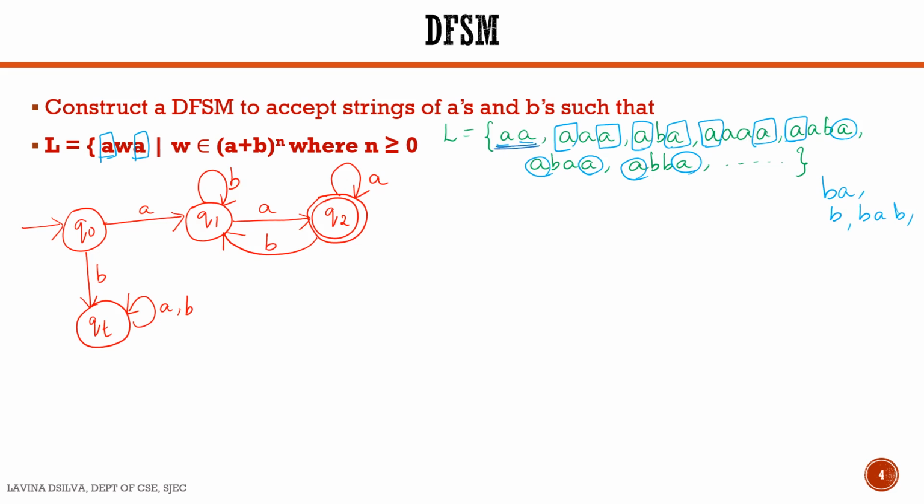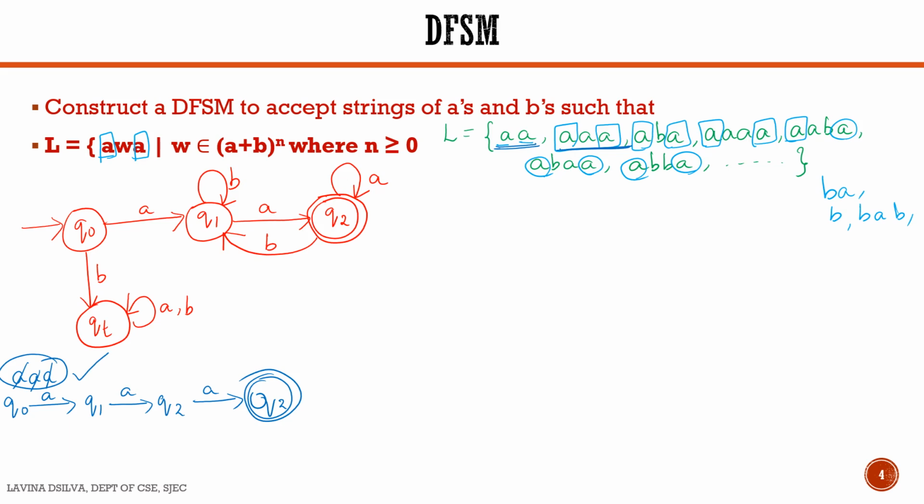So this is done. We shall take the string AAA. On Q0 state, we started with A. If you see A, where does it go? It goes to Q1 state. In Q1 state, if it sees A, we go to Q2 state. We are done with 2 inputs. On Q2 state, if we see A, we remain in Q2. We are done with the 3rd input. We have finished traversing our string, and here the last state is Q2 state, which is our final state.